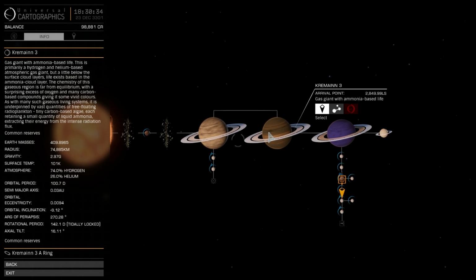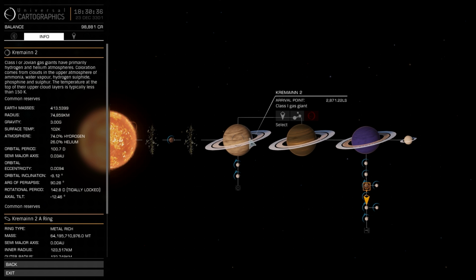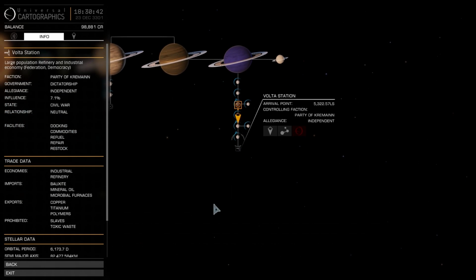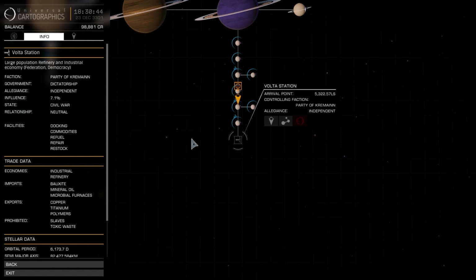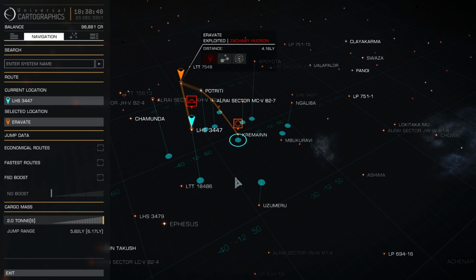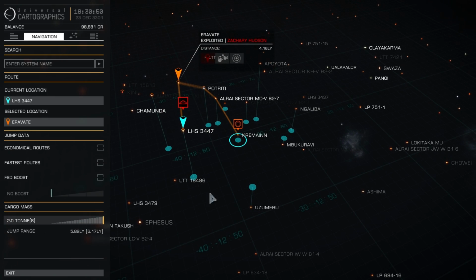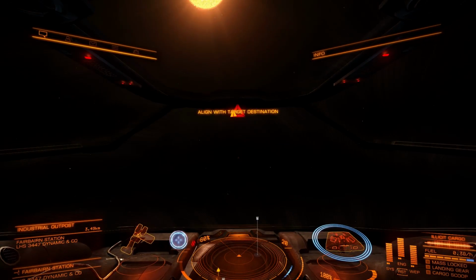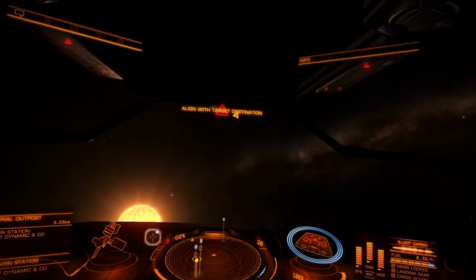So you can essentially investigate every single planet, you can read about it, you can check out some of their satellites, you can of course check out the stations that orbit those planets. And here I believe it says slaves are prohibited, so we're delivering slaves from one system to another, and it's actually an illegal good. And as I'm charging my jump drive, and as I'm aligning with the next destination,